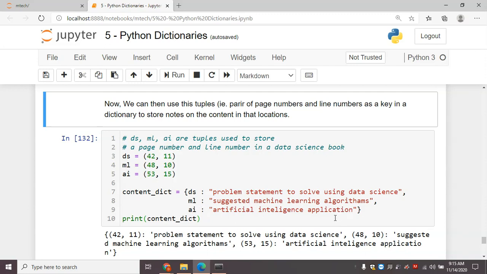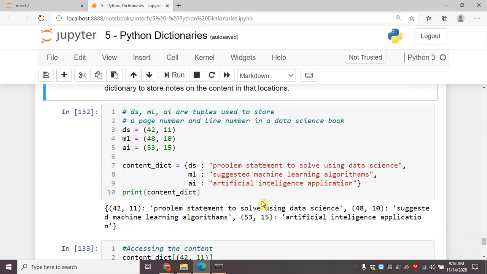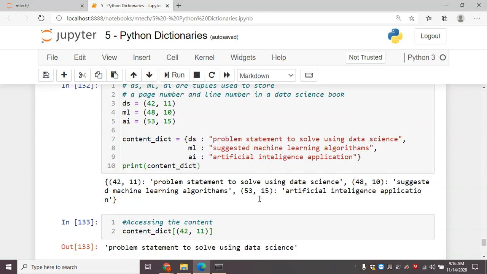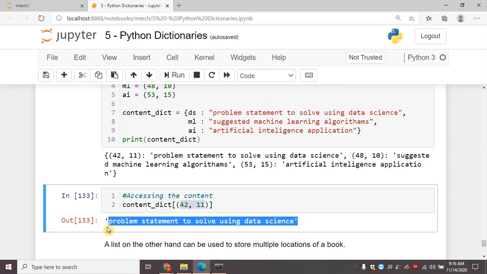Some specific notes I have stored against these tuples, that is, some notes I stored against the page number and the line number. So in future, if I want, I can easily refer to the content using the page number and line number, that is, to get the notes on the content.